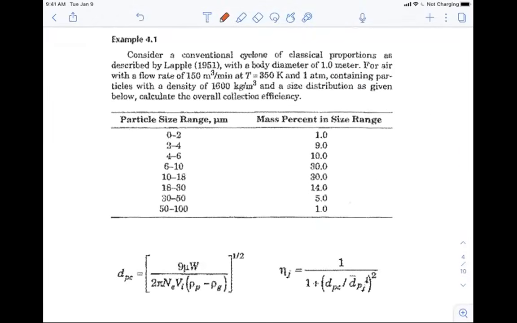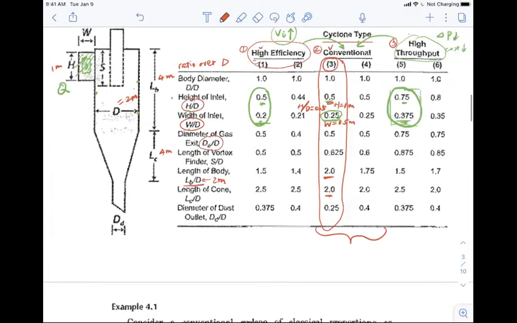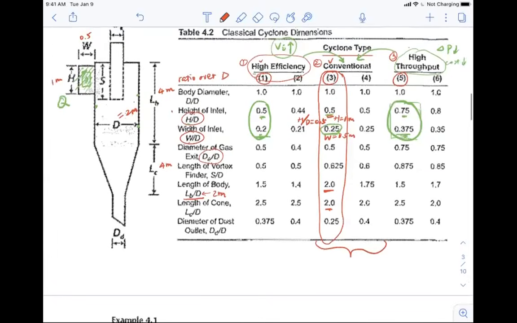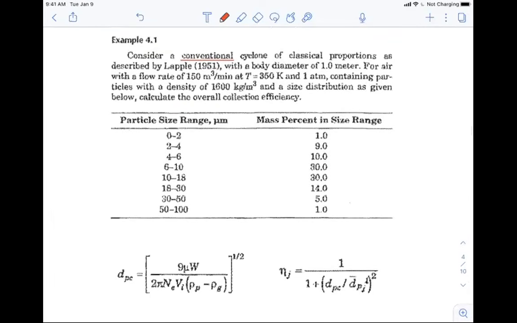Okay, so this is also the example in your textbook. All right, so it wants us to consider a conventional cyclone. You see this keyword here, the conventional. So it means that we have to consider these two types of designs, right? And generally, we're just going to use the first one. So when we mention high efficiency ones, we're going to use the first one. High throughput ones, the first one too, right? So here we're going to use the design parameters of number 3, all right? So it wants us to consider a conventional cyclone of classical proportions as described by Lapple, right? This is Lapple's table here,